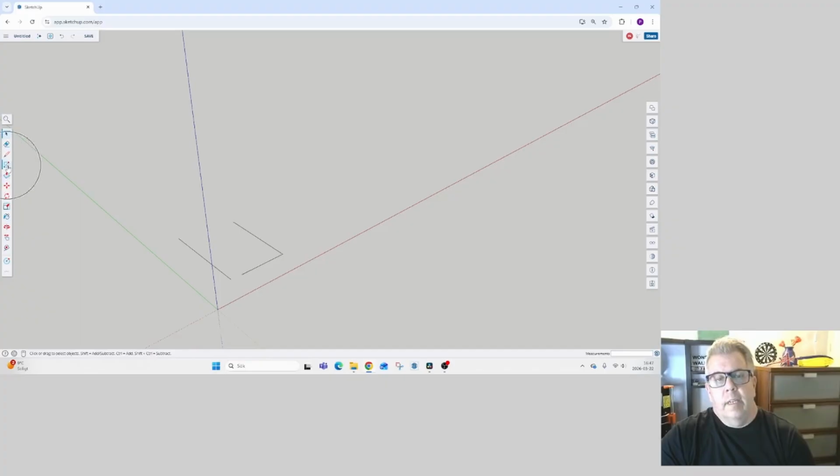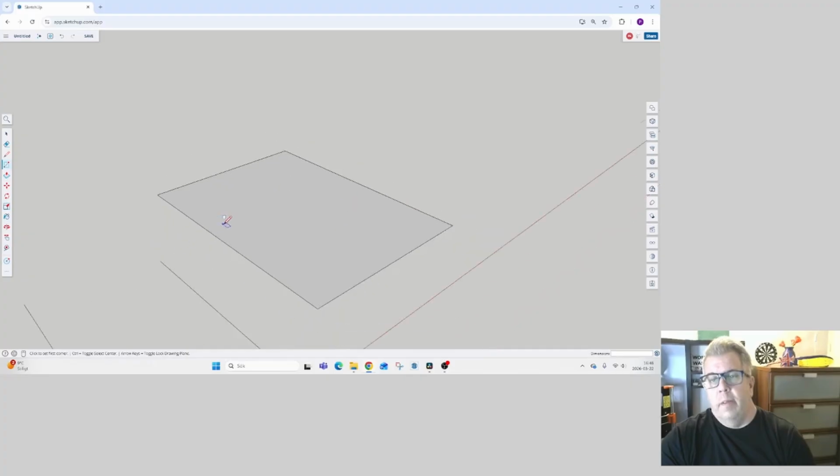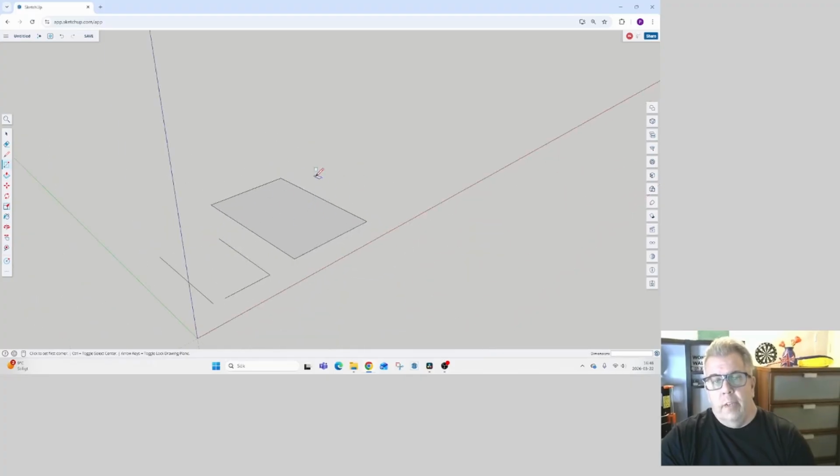The second one I'm going to go through is the rectangle tool. Choose the rectangle, choose my first point, so I click with the left mouse button, move it out to the right, like so, and then choose my second point, which is that. And as soon as I click, I've created a surface here, and that's going to be the base to create a 3D model. So to create this 3D model, I click on this push-pull,